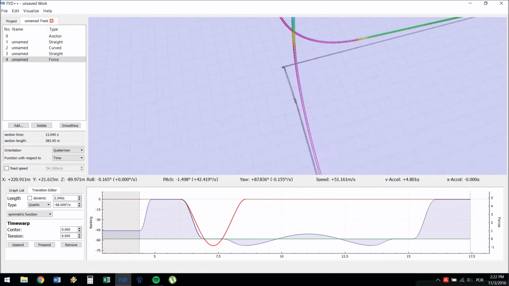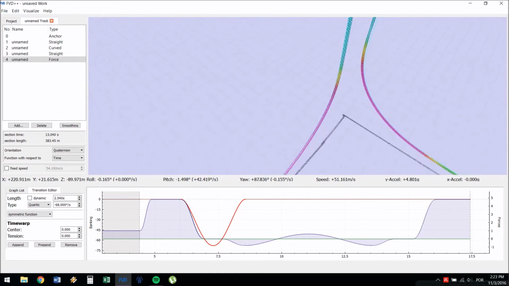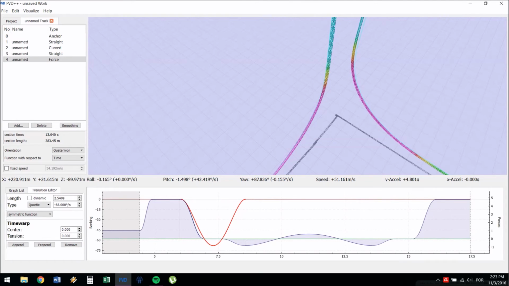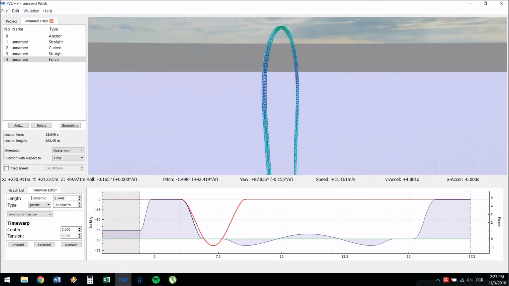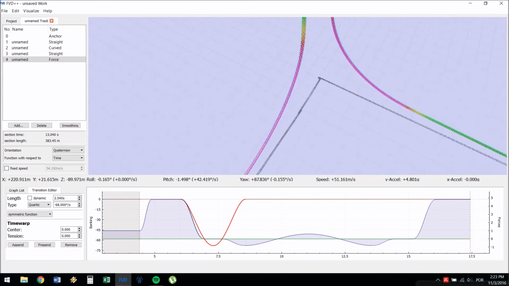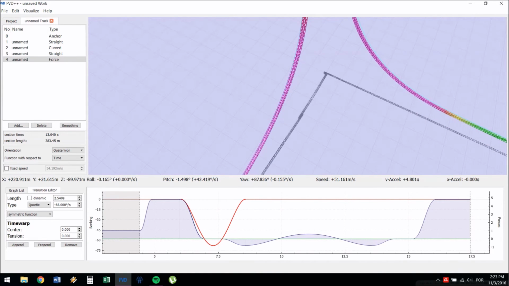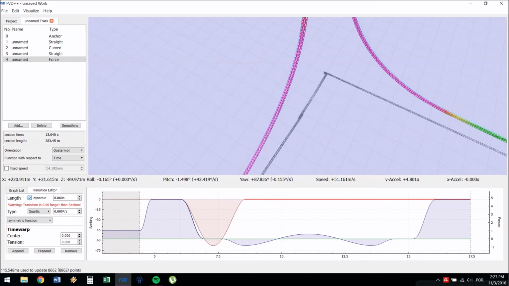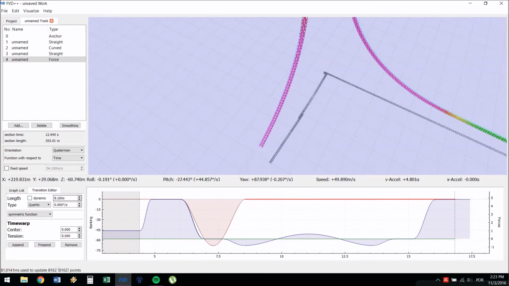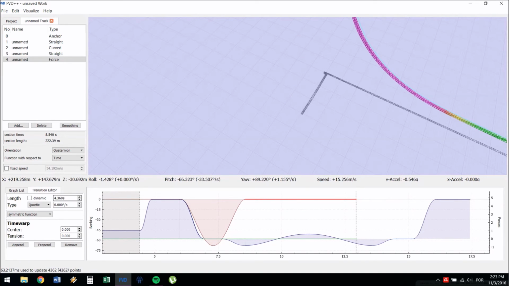And now for the second part of the ride, we're gonna have a 360. The first roll is of about 90 degrees, and the second roll, which is the second and last part of the ride, is about 270 degrees, right? So for this part, we're gonna click one more time on the roll section, unlock it, and decrease it until it reaches the beginning